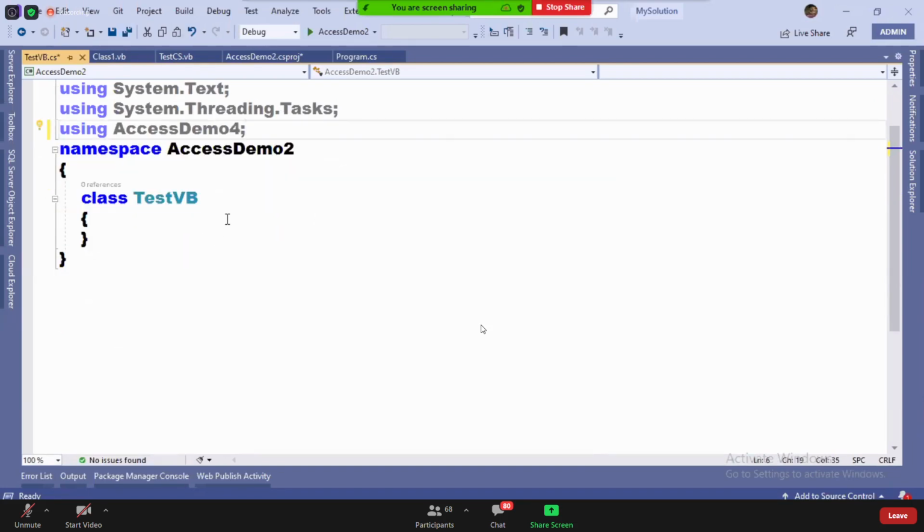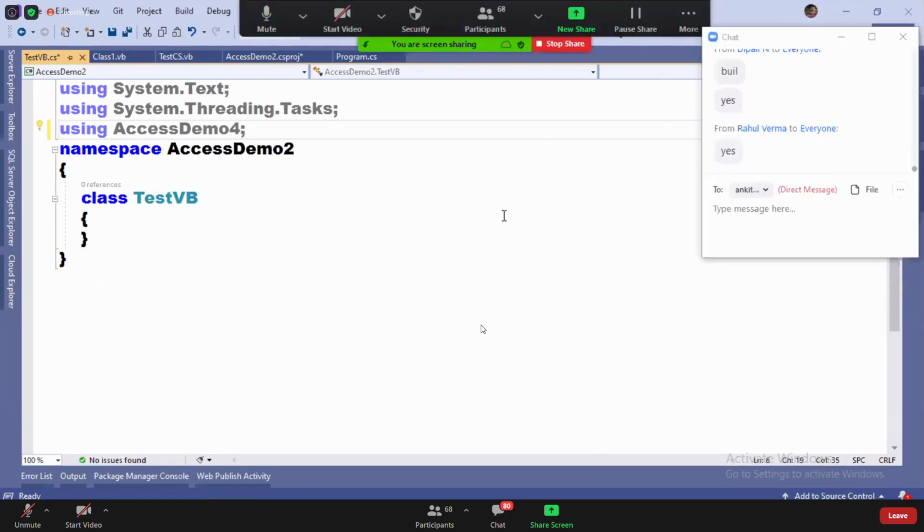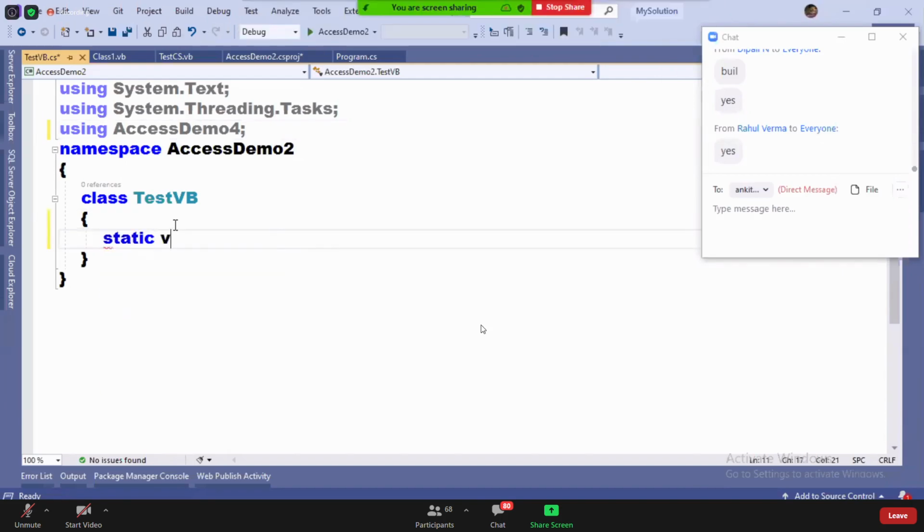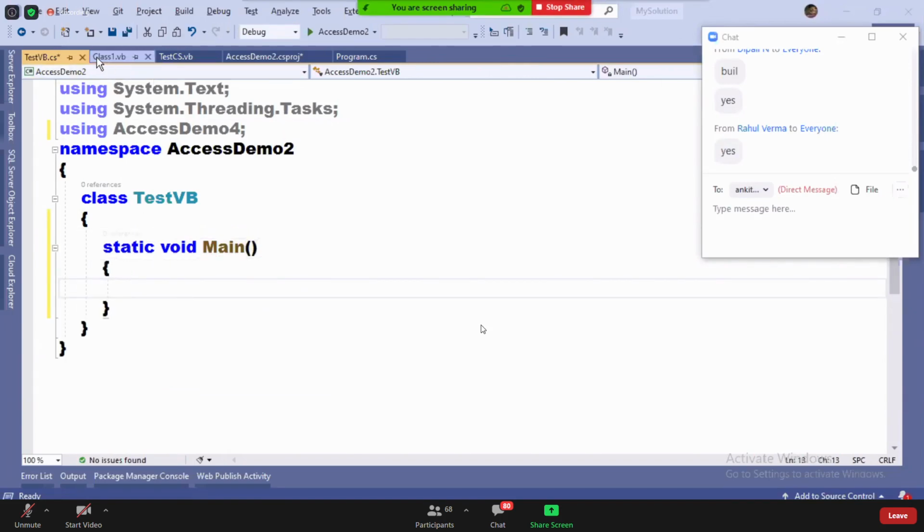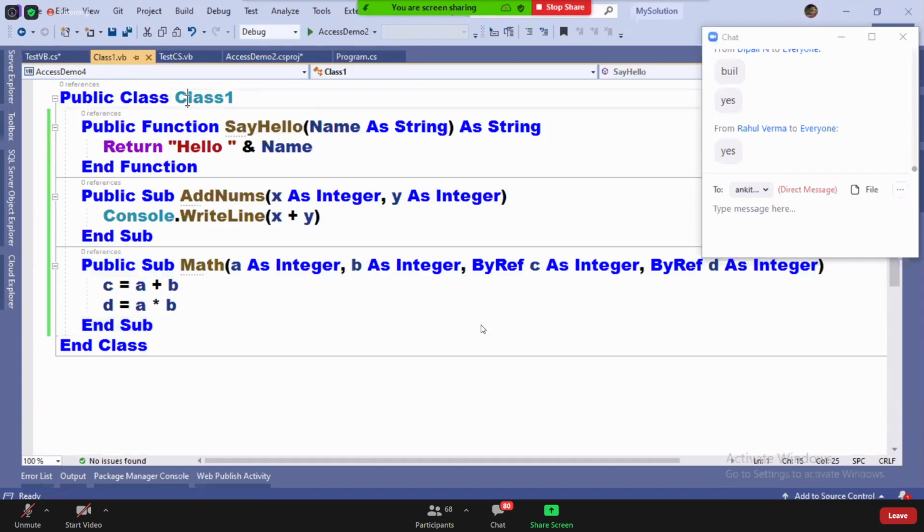Guys, now tell me, I defined 3 methods there. If I inherit, how many methods can I call? If I create an instance, how many methods can I call? I defined 3 methods in Class1. If I inherit, how many can I call? If I create an instance, how many can I call?